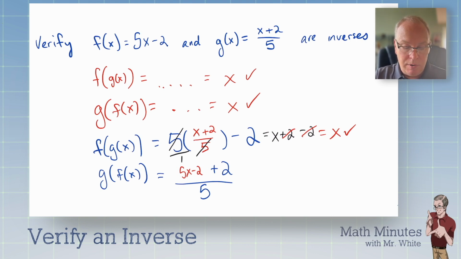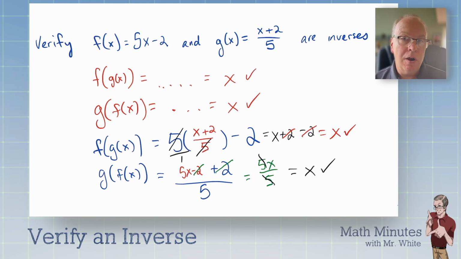this point. The parentheses really didn't need to be there because there was no distributive property. And you see how the 2 and the negative 2 add up to 0 again, and we have 5x over 5. And then the 5's cancel, and OMG, oh my goodness, the x appears again on that half. So we've proven what we want to prove here, that we have verified that the two functions are indeed inverses